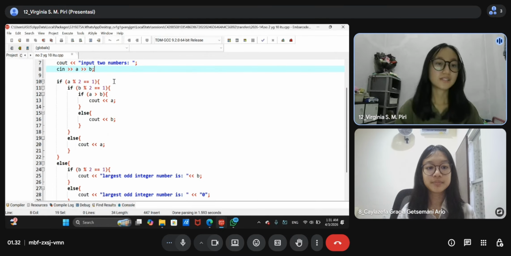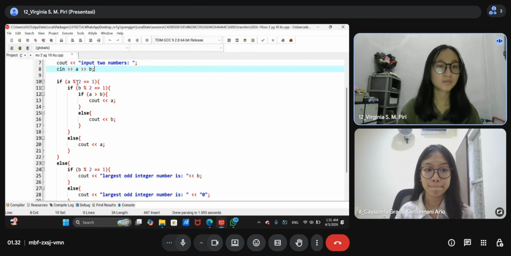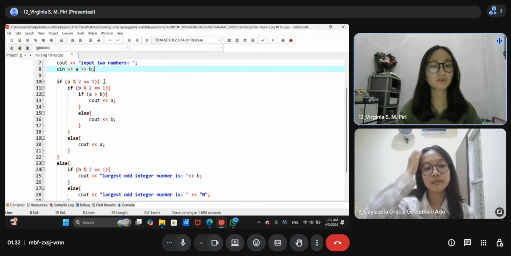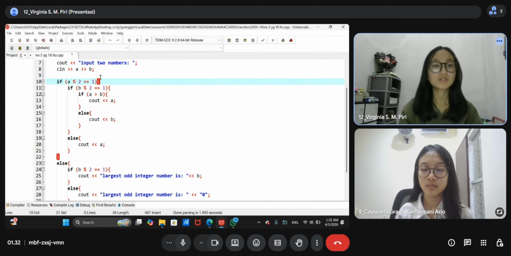And in this one, we can see that there is a percent sign. In C++ language, we use this percent sign as the mark for modulo.